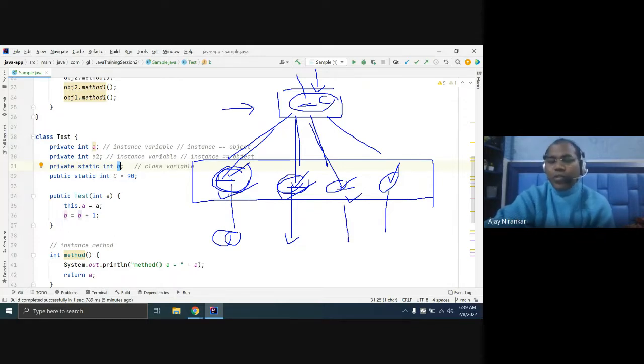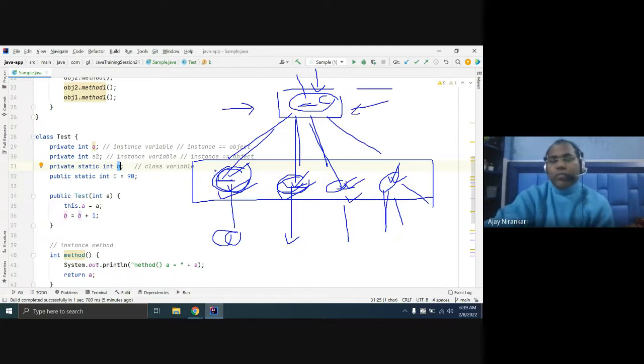But give me your roll number, each has their own roll number, right? Each has their own name. The name cannot be static, the roll number cannot be static, marks cannot be static. What is your college name? The college name can be static. This is one college for all the students.